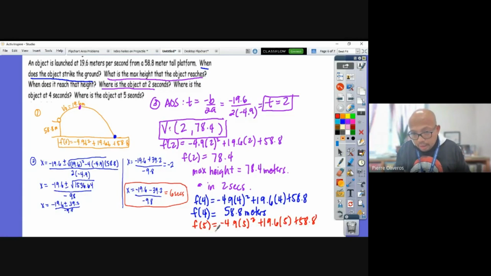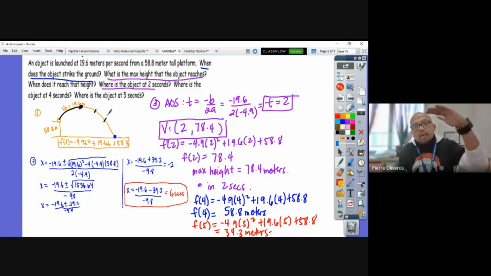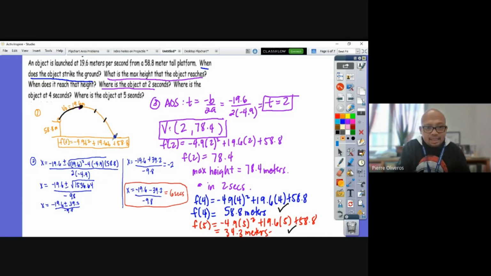It's going to be at 34.3 meters, which is reasonable because if we look at the illustration, in 2 seconds it reaches the maximum height. So at 4 seconds and 5 seconds, it should be going down. In 4 seconds it was 58.8 meters. In 5 seconds it will be 34.3, and at 6 seconds it should be at 0 meters already. It should be on the ground. Okay, and that's how you solve